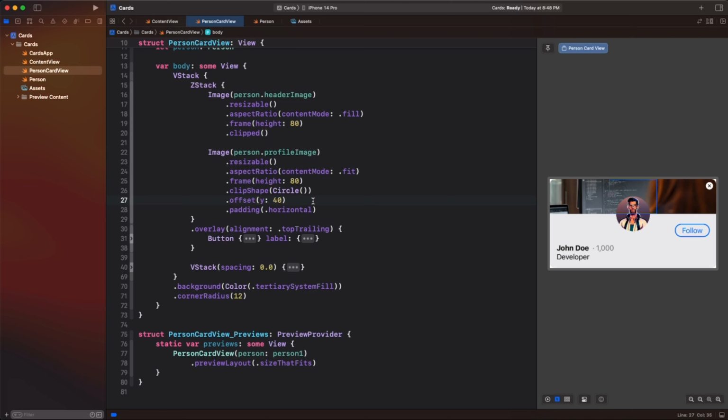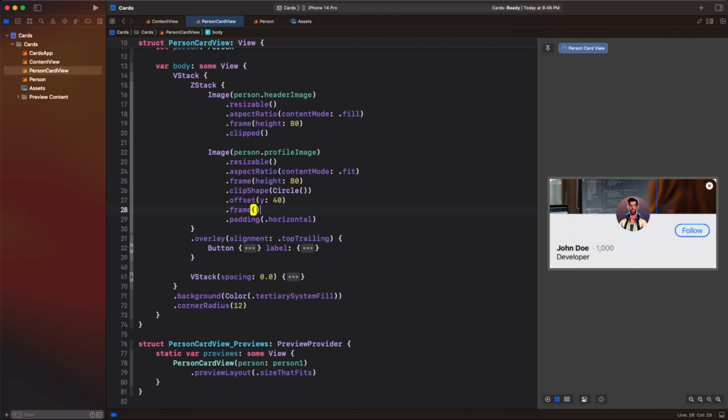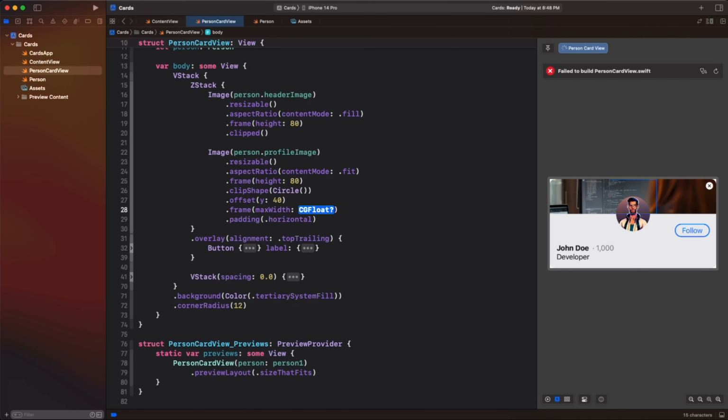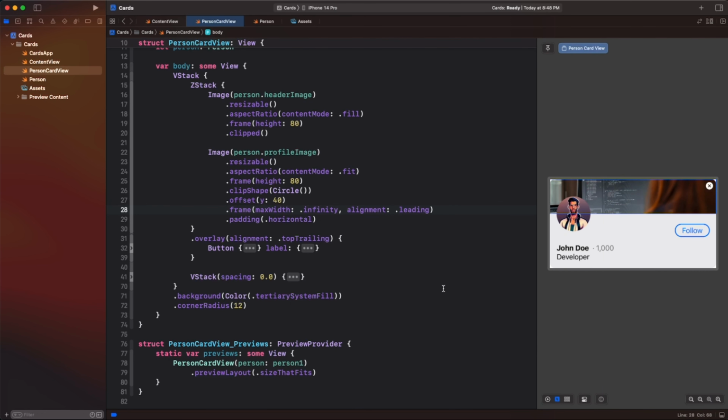Let's go ahead and try our frame trick, where we just go frame, and we go max width, and we go dot infinity, and then we set the alignment to dot, not trailing, but leading. And there we go. We've now built out a card view